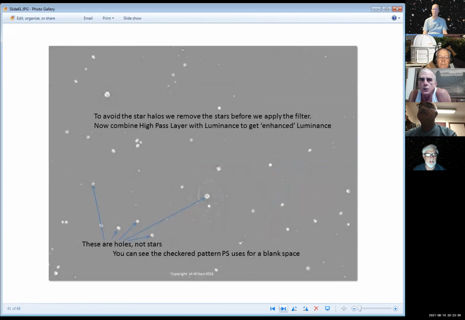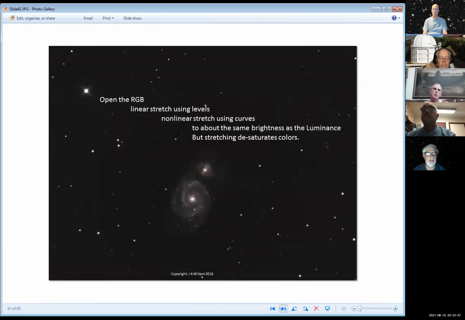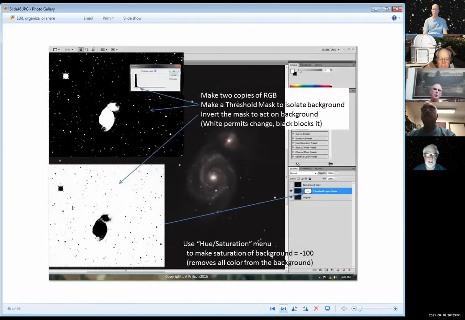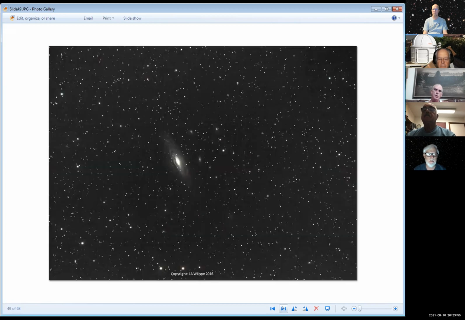Oh yeah, and then there's other things. When you do some of these things, you produce halos around stars and dark centers, so you have to work at getting them out. And when you stretch color images, they lose their brilliance, so you have to resaturate them. So this is NGC 7331 in Pegasus. So going back,